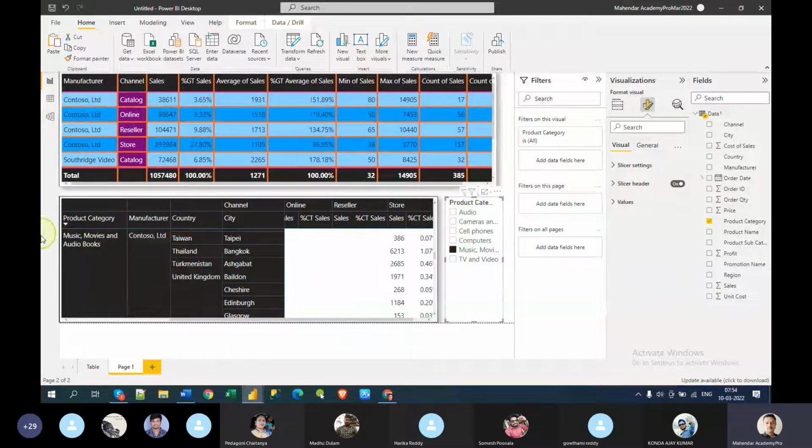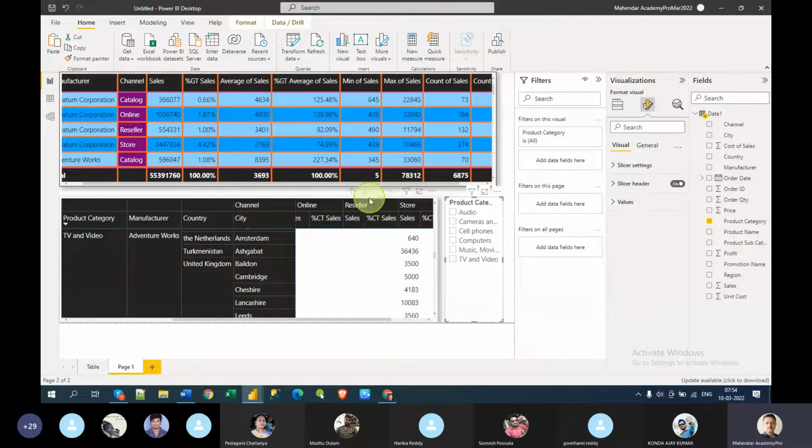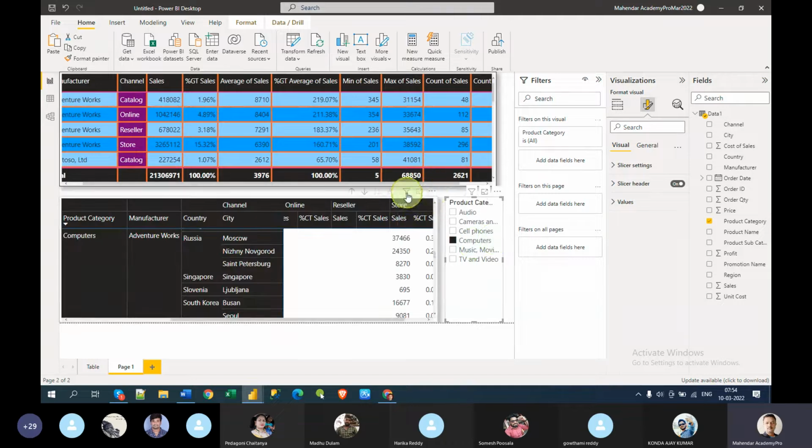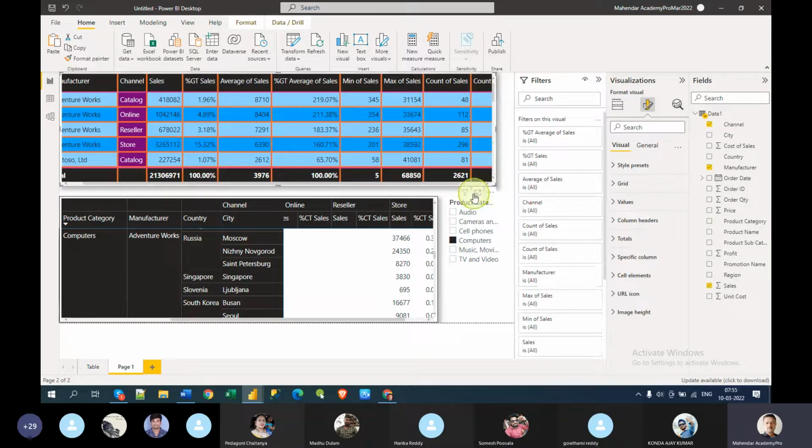So in this case, when you work with slicers like this, it is really good. Otherwise you can turn off the step layout. That is also good. The expand collapse button is also really good. But still this will work. Drill on mode, drill to mode will also work here, right? Because you see all of them, and you can make it bigger. And at any point of time, are there any filters? Let's say if I apply computer, you can see this is filtered. And you can also see this table, whether this table is filtered or not.